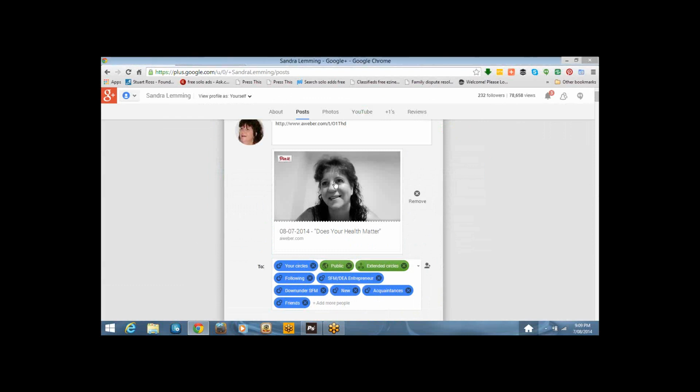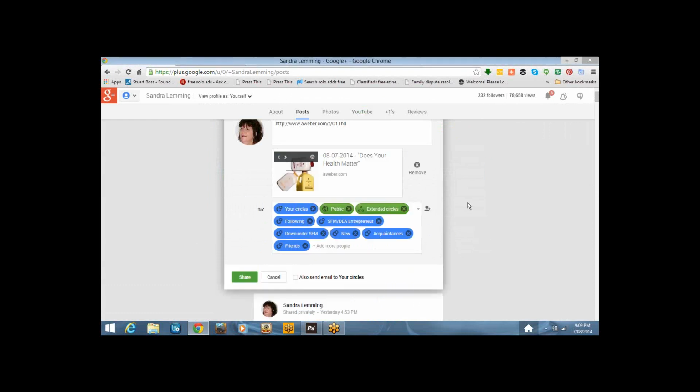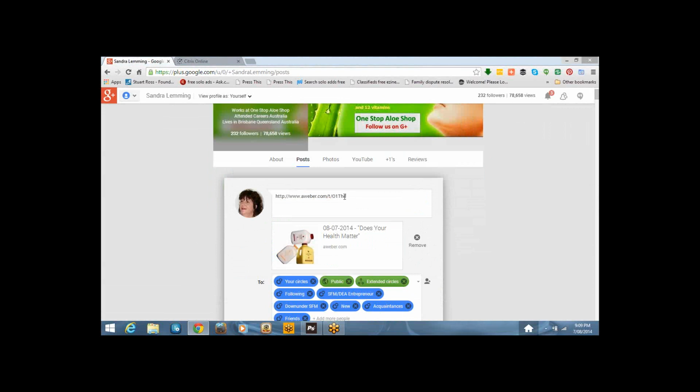I can even change the pictures up here. See, there you go. So I can share that if I wish. But then if you've, sorry. Yeah, go on. So if you've got that already set up, linked to your Facebook account, for example, you won't need to do that, will you? Yeah, no, you won't need to do it in Facebook. This is just if you want to share it on LinkedIn or some of the other networks that aren't hooked up externally.